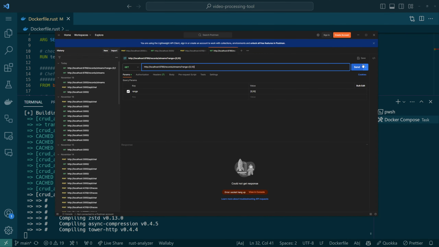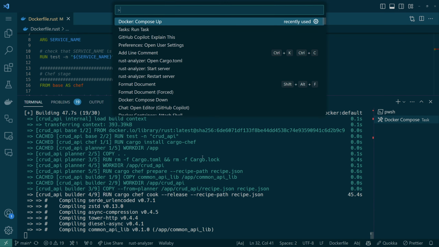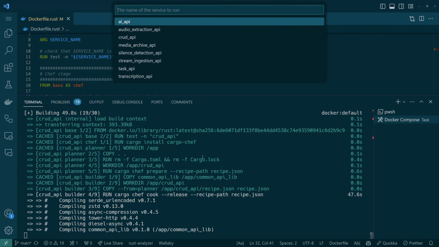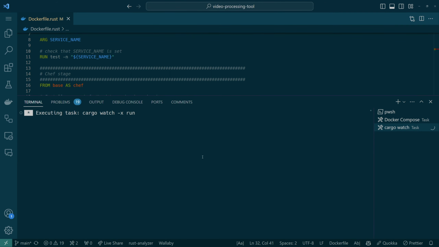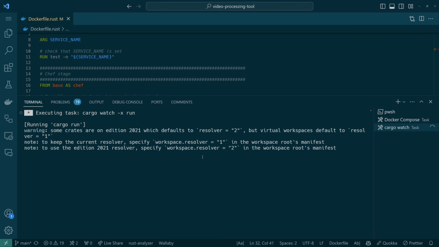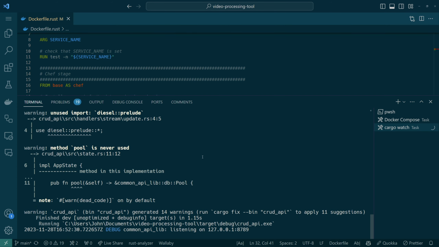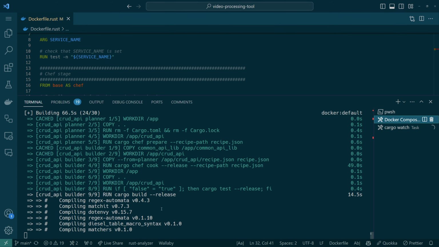Let's go back to Postman, and if I send this request, oh, it's not running, right? Because I stopped it. Well, this is doing its thing. Let's do all the things all at once. Cargo watch. Some complaints, but we're running. How's this doing? Okay, we passed the part that was failing before, so I think